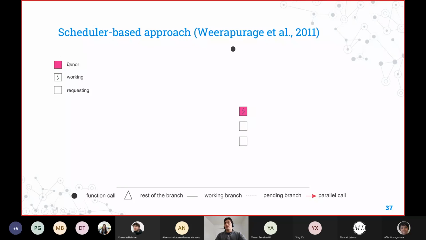the donor represents a processor that is in charge of giving tasks to the other processors. The second one represents any processor that is working, the one with the thread inside. And the blank square represents a processor that is requesting. For this example, we will have 3 processors. And again, since it is applicable, this was applied to the vertex cover. Here we are branching, going sequentially to the left, and then making parallel calls to the right, as we see here.